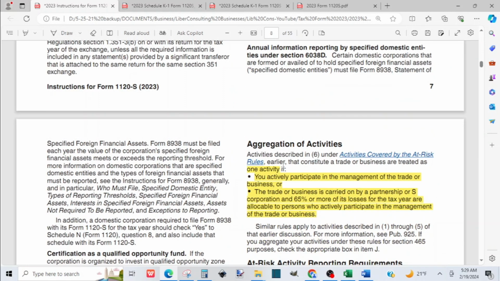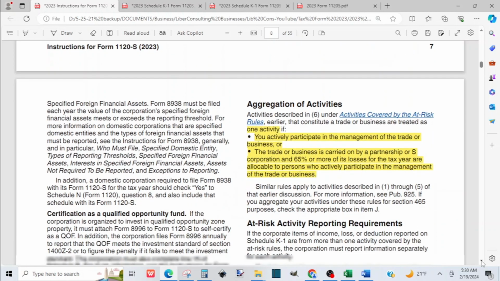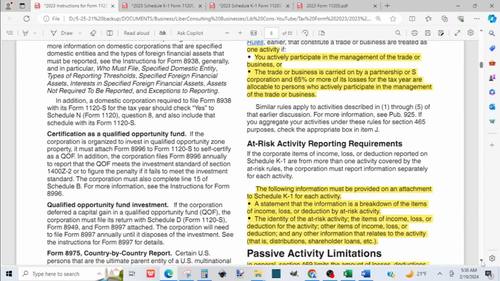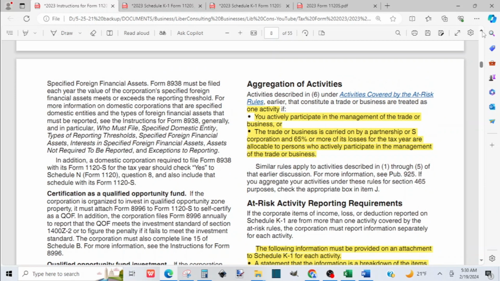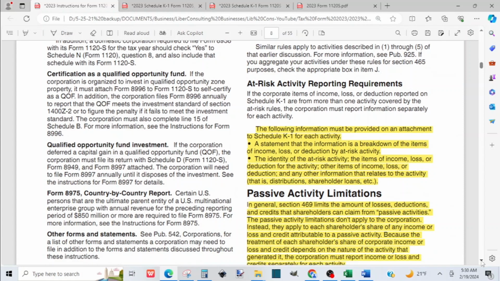So aggregation of activities, they talk about that here as well. And because a trade or business is qualified as an at-risk activity, that's why I checked that box. But just keep that in mind. And now let's go to